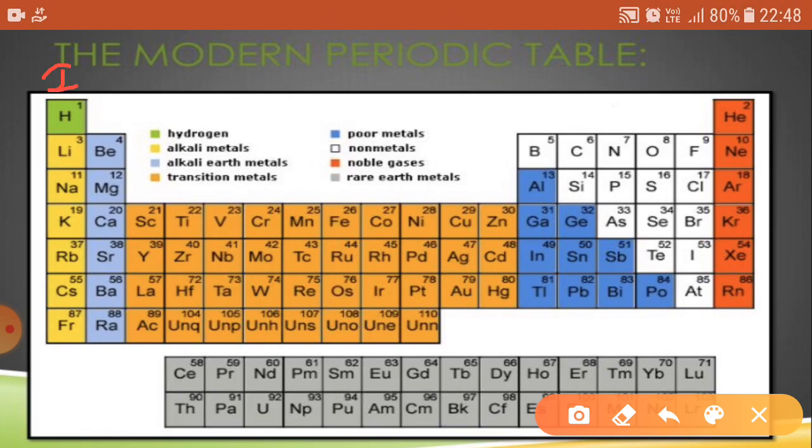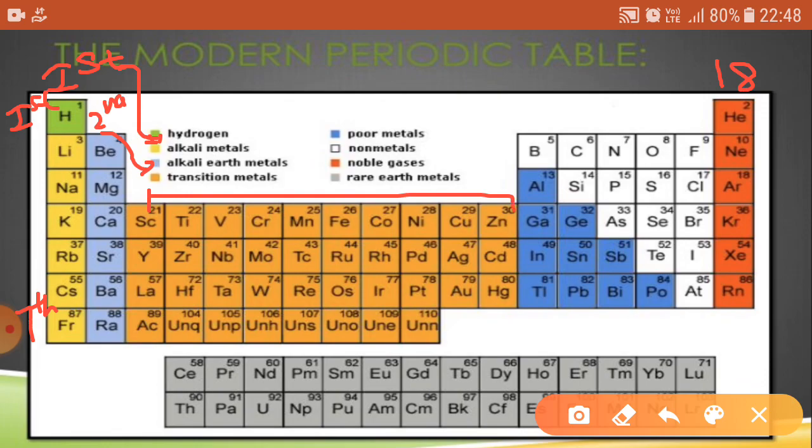There are 18 groups and 7 periods. So these are the 7 periods, and the first group is known as the alkali metals. This is the second group, known as the alkaline earth metals, and from scandium to zinc, these are the transition metals or D block elements. Now, the last group is known as the noble gases,